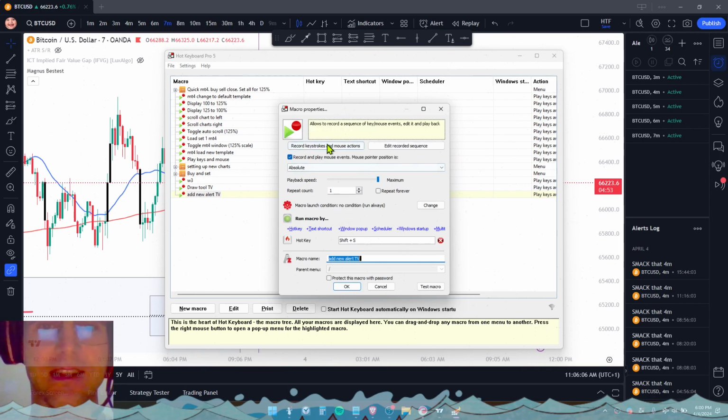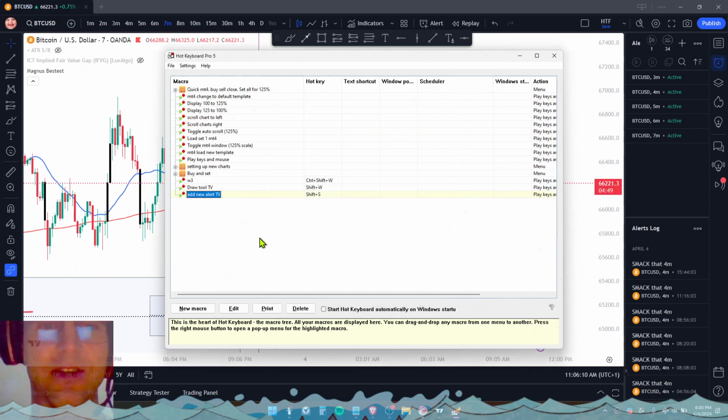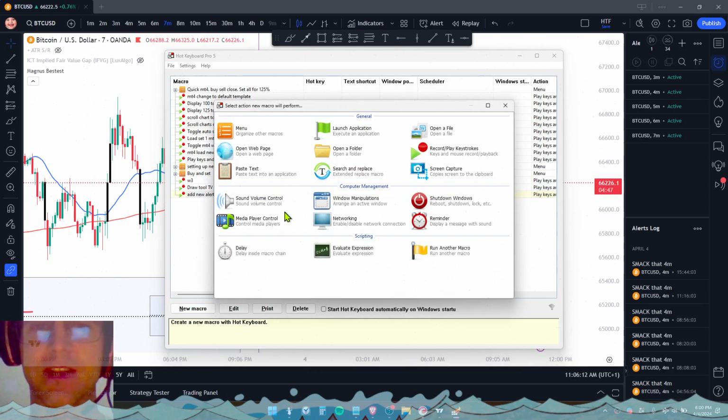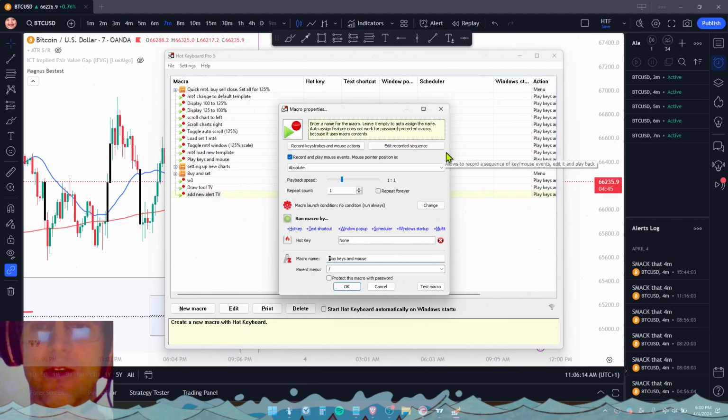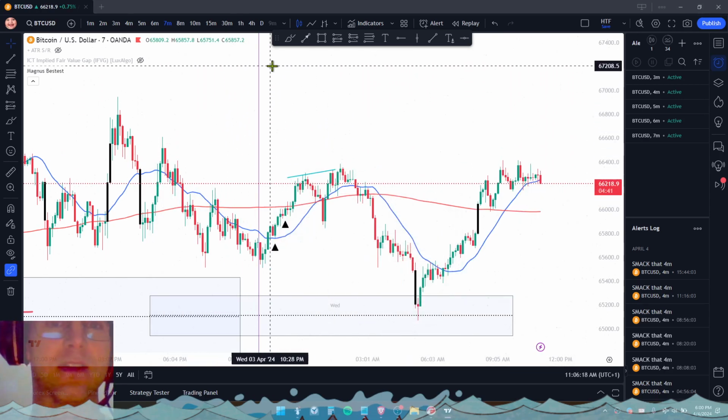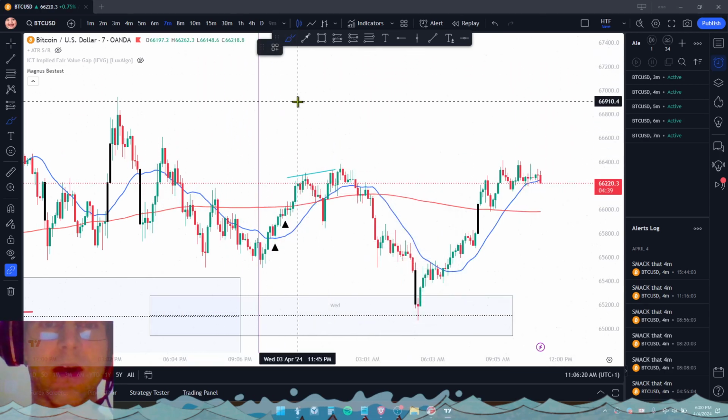And all it does is records your keystrokes. That's all it does. So here, I'll make a new one. It's really easy to use. Record play keystrokes, and then I'll just make a new one going to like, I'll press this button, and then